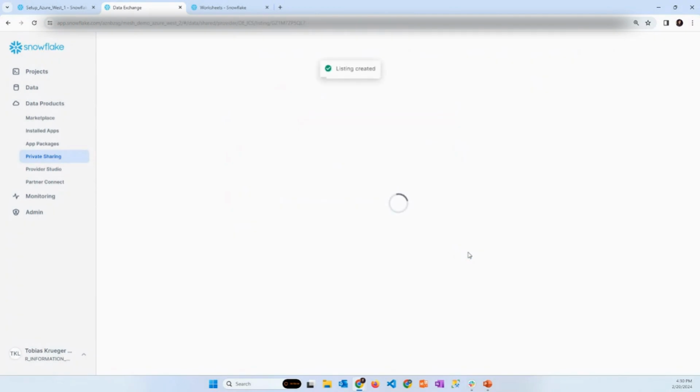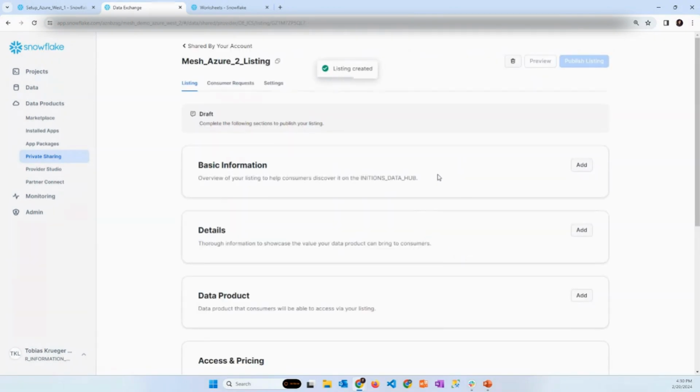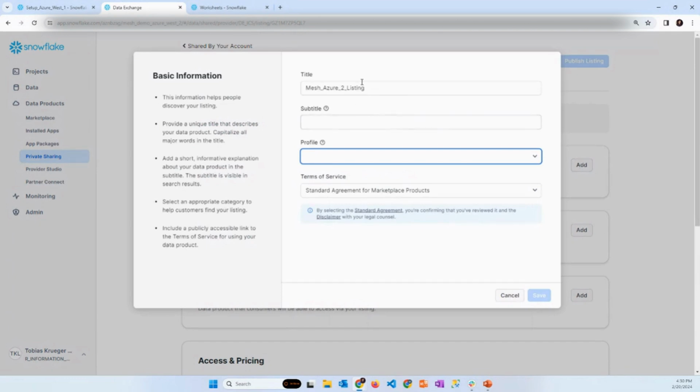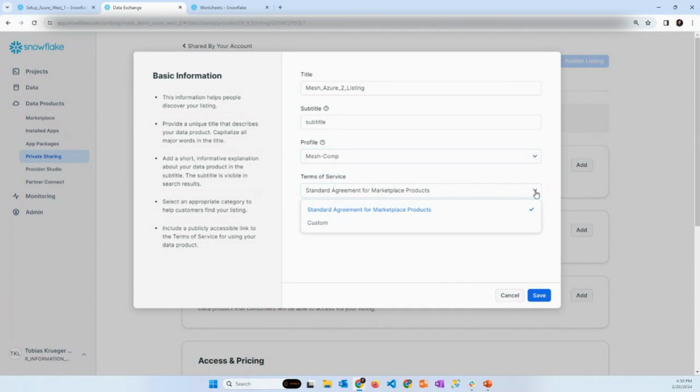And now we need to add some information in here. So basically, we have the listing. We can add a subtitle, which we have here. We need to choose from the profile. And for the terms of service, I will go for the standard agreement for marketplace products for the moment.